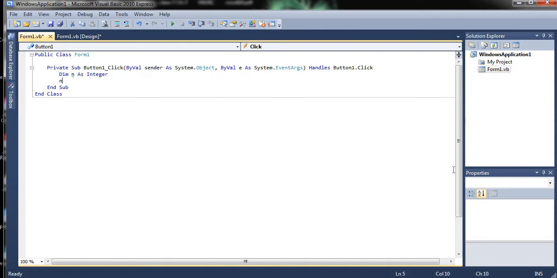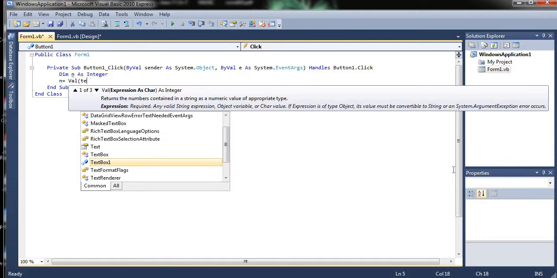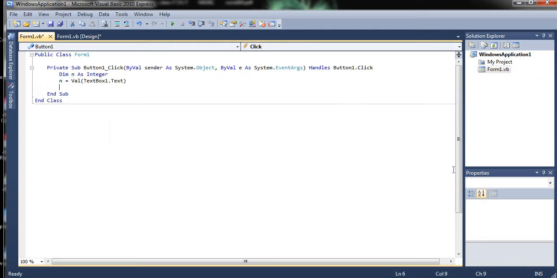So what integer will we store there? n equal to Val of TextBox1.Text. Equal to is the assigning operator which stores the value from the right side to the left side. So the value given by the user as input in TextBox1 will be assigned to n. It will take the value from TextBox1 and assign it to the left side where n is. So the value which the user gives in the text box will be stored inside n. That is its meaning.